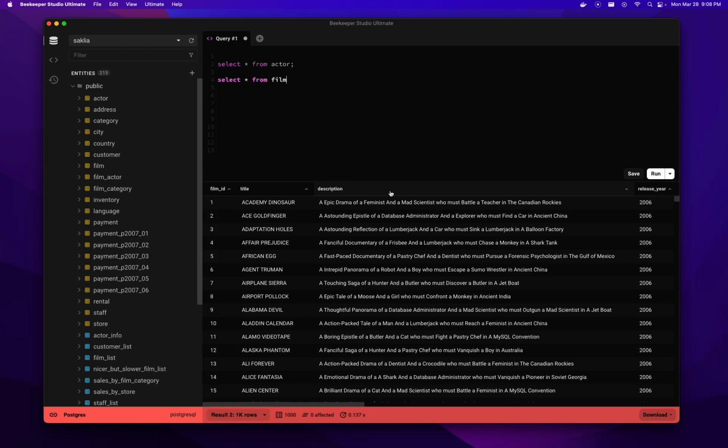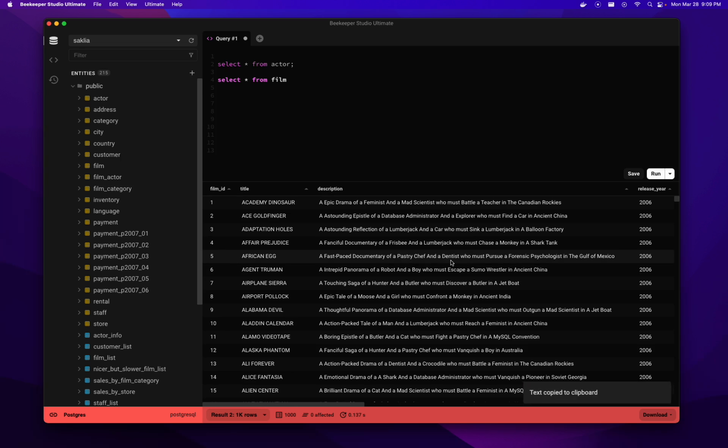The second part is, a lot of people have been saying they like to copy a whole row of data, and we don't really have great capabilities for that other than downloading the whole table. So we've added a few little shortcuts here. Let's say I want to copy this row of data. If I right click, I can now copy not only the cell but copy the entire row as either JSON